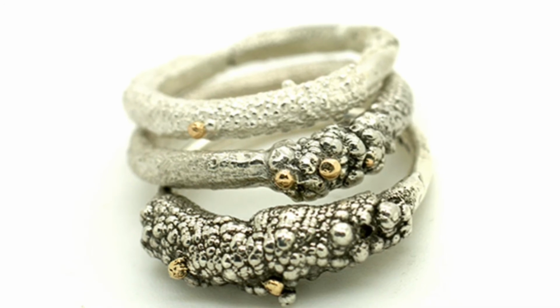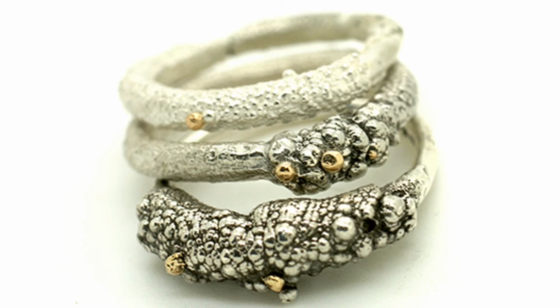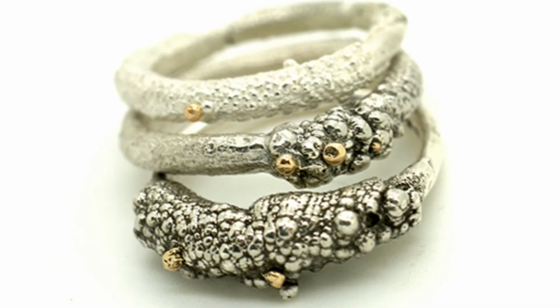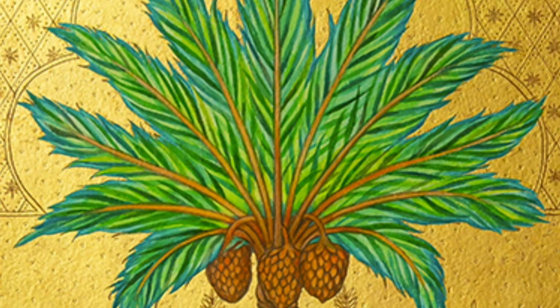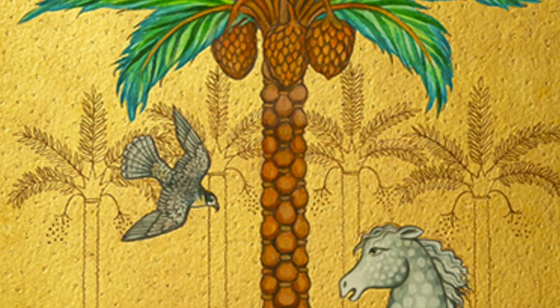And her work is about tactility. She wants the work to be held and touched and connected with, as it's a piece of wearable art. It's beautiful, really thought-provoking. Next we've got Linda Edwards, an artist who creates absolutely stunning paintings